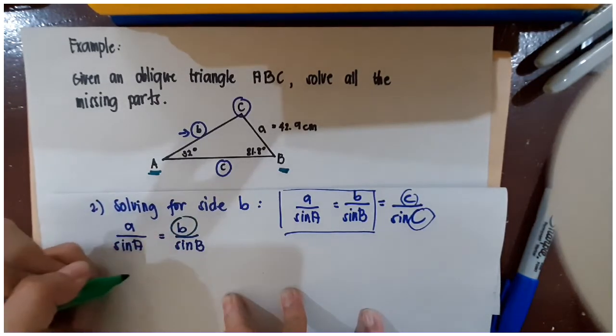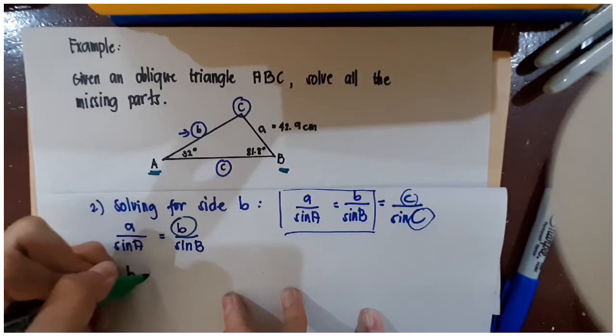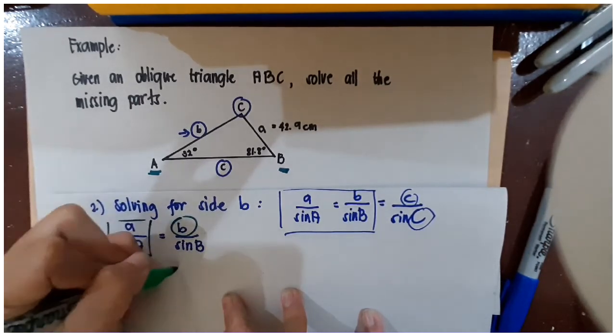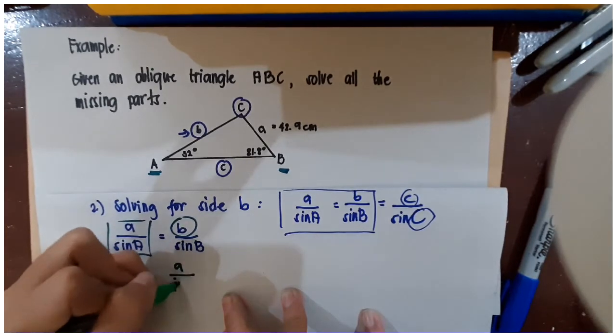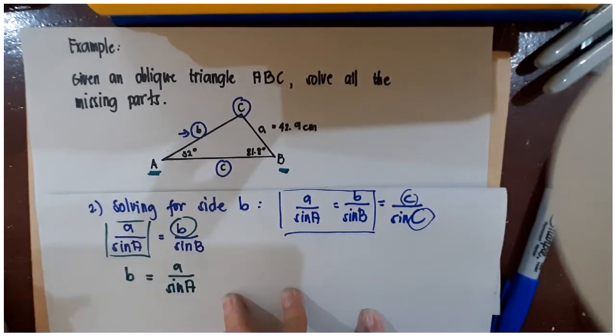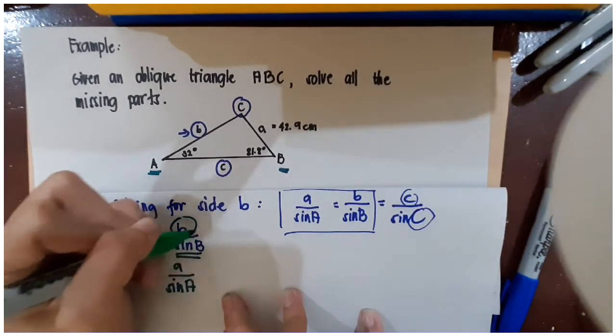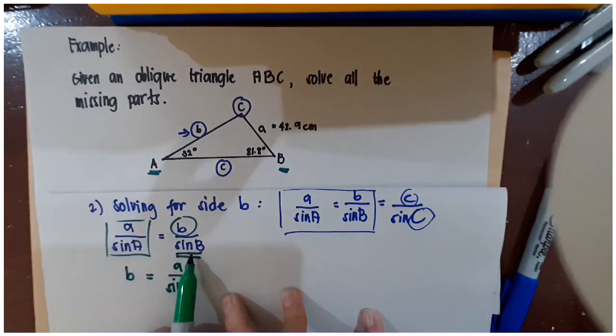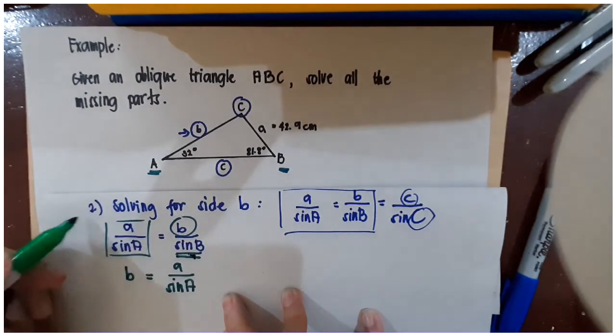So you write it this way. B is equal to this one. So that's A over sine A. Saan niya yun si sine B? Since sine B is the denominator in this expression,